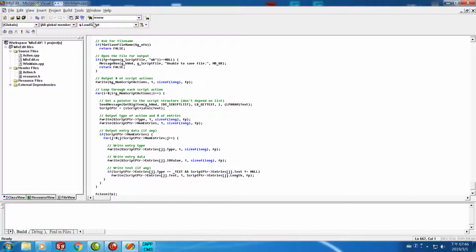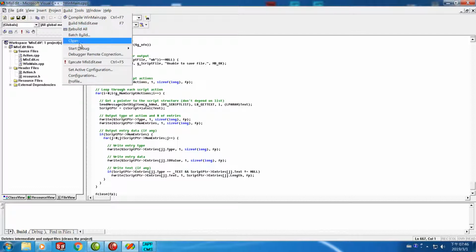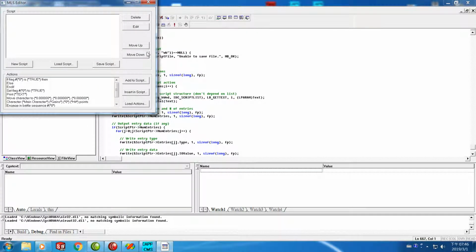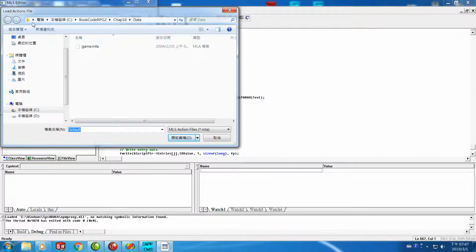files of chapter 16, the towers. Let's go. This is the MLS editor screen showing. First of all, if we want to load the actions of chapter 16, just press the load actions button. You will see the load action file API and the file folder from C drive book code RPG2 chapter 16,